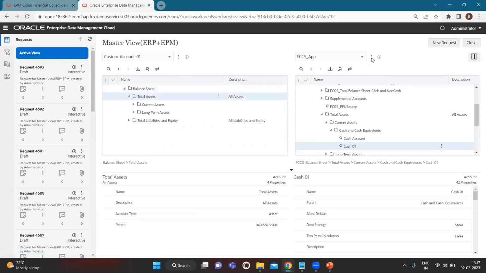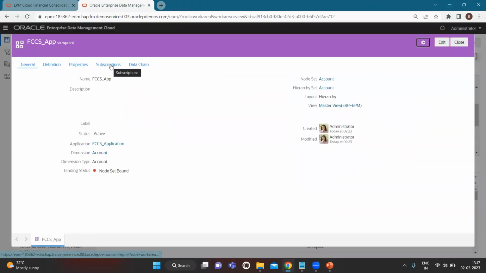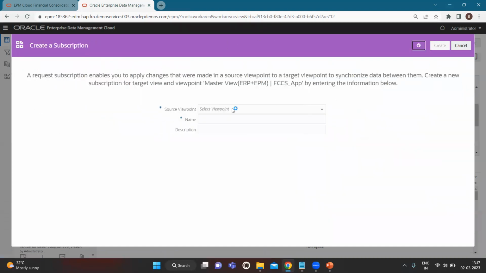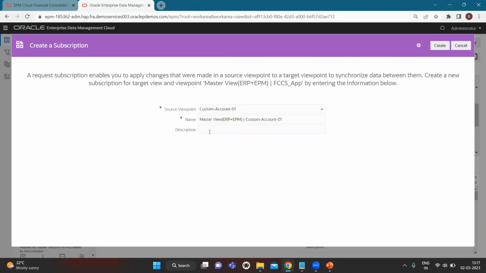Now let's go to the target application and define a subscription based synchronization of metadata. So in inspect you can see we have subscriptions, and let's create one subscription. So I will select one viewpoint, and in viewpoint we have to select the viewpoint from the master view for the source application. You can also read here. Okay, so this is my source application, and this is the master view. So I will select that and click on create,